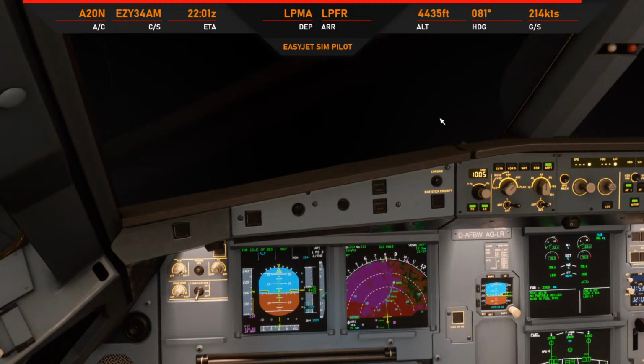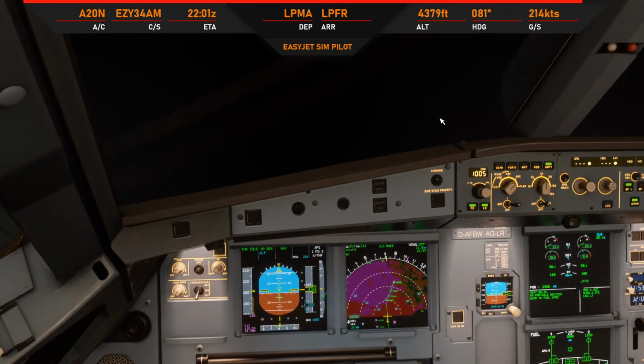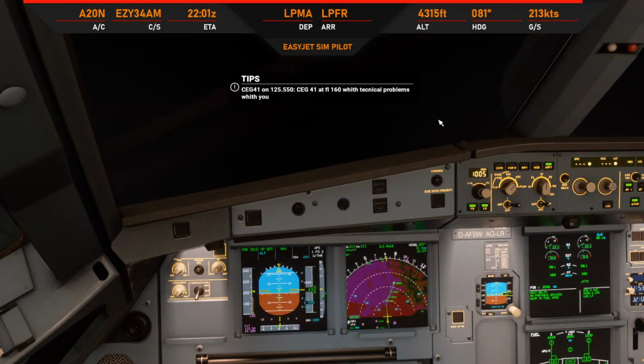Portugal 059, Lisboa control 18, taxi November 2 holding point runway 03 via Golf and Uniform. See November 2 runway 03 via Golf and Harbor, Portugal